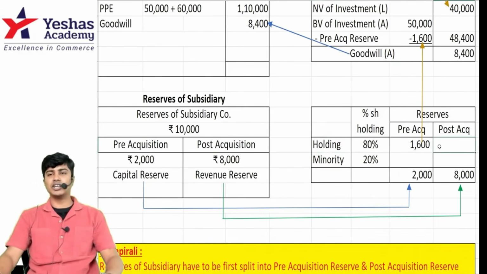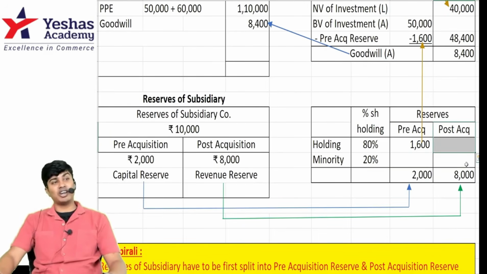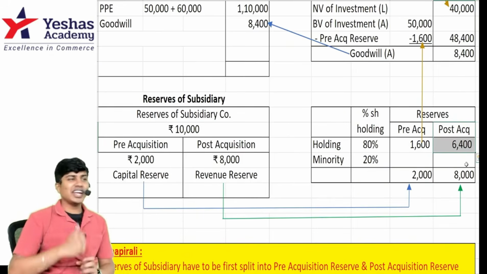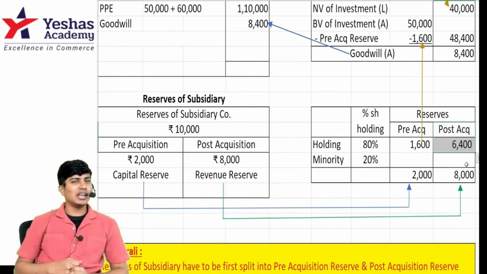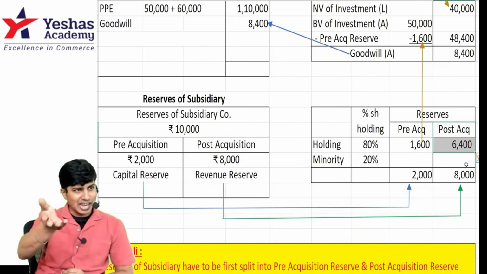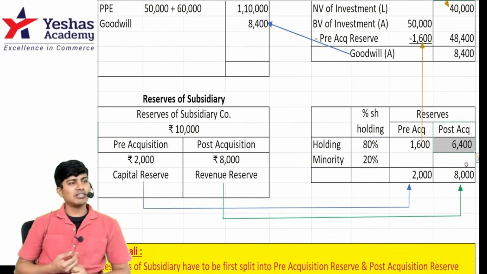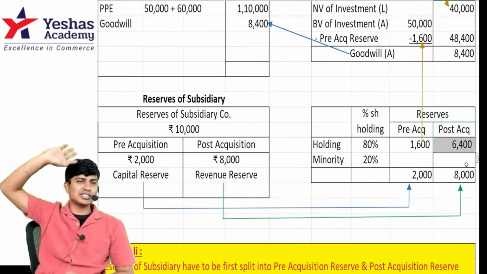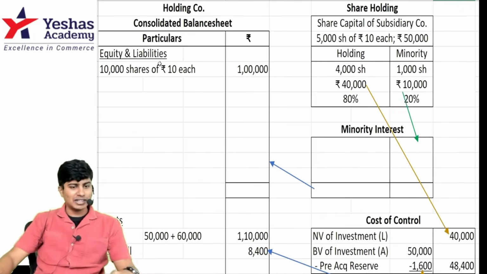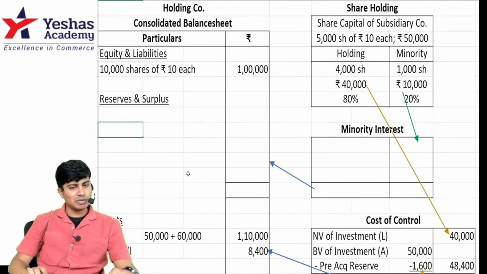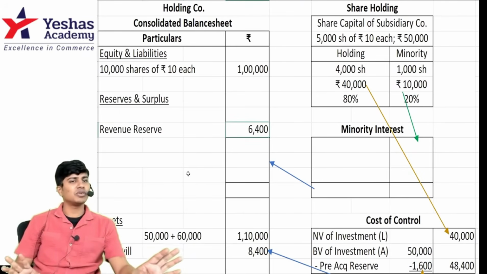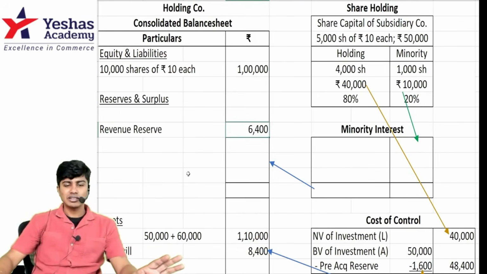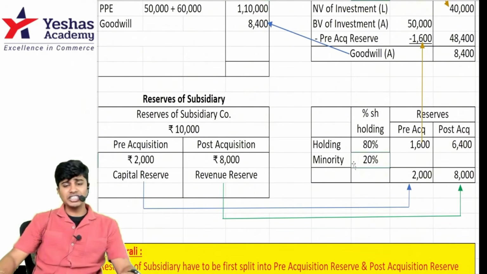Next item. Post-acquisition reserve or pre-acquisition minority share. Post-acquisition reserve will do. How much is post-acquisition? 8,000. Holding share of 80%. Where were we writing? Revenue reserve, all this while, where we've done in the last two questions. Where do we write revenue reserve? In the consolidated balance sheet, liability side, reserves and surplus. I'll write revenue reserve 6,400. Done. Next item. Minority share 20% of